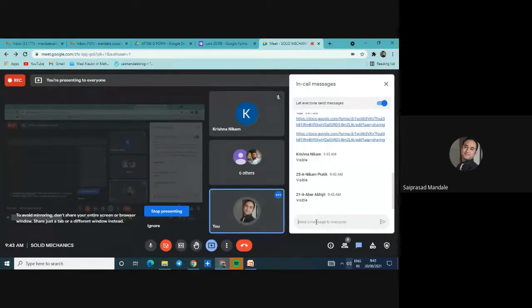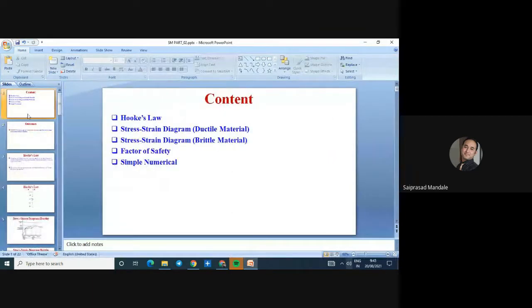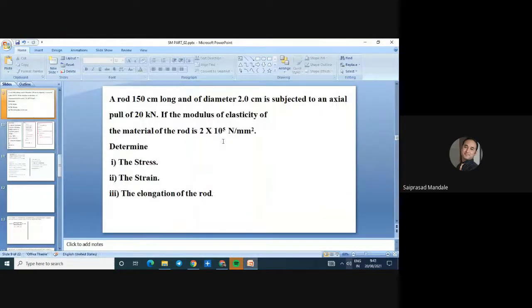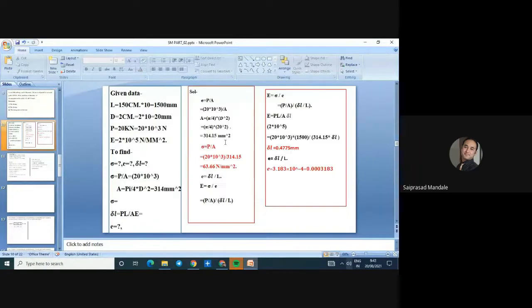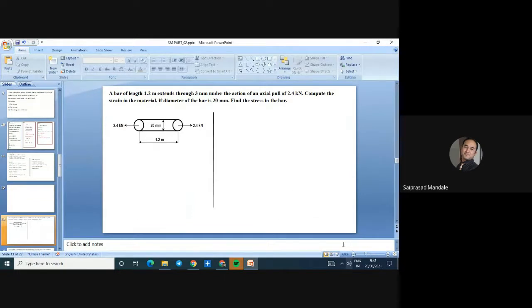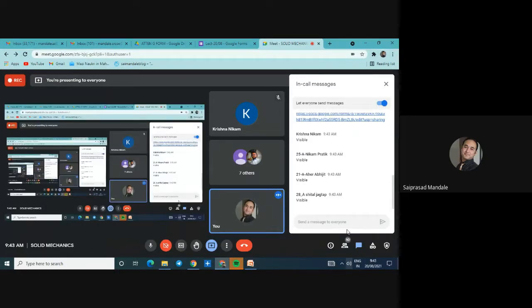Today is lecture number 3 or 4, something. So today we have done this numerical. We have solved this numerical, this one. I guess everybody has a calculator, notebook and pen with you. Am I right? Those who do not, please have your own notebook and calculator with you. Shall I start?